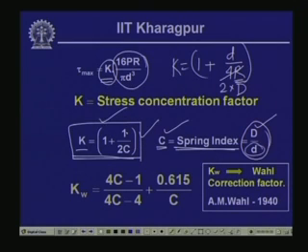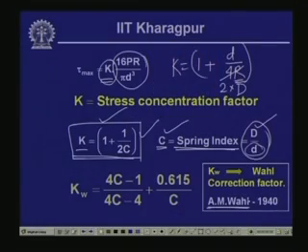Now, as we have seen here, while evaluating the stress concentration factor K, or while designating that bracketed term 1 plus d by 4 R as the K stress concentration factor, there we have accounted for the shearing stress because of the direct shear, which is in an average sense, and also we have not considered as such the curvature of the spring coil. Now, the maximum value of the shearing stress as it can happen in that circular cross section, or if we take the curvature of the spring coil into account, this particular factor gets